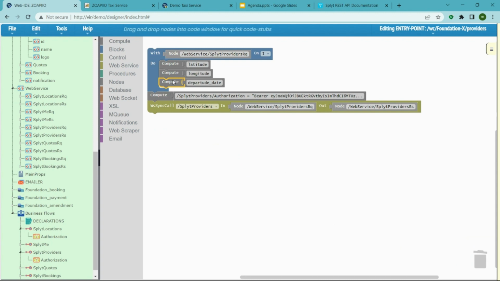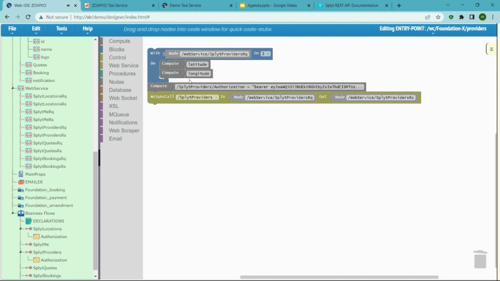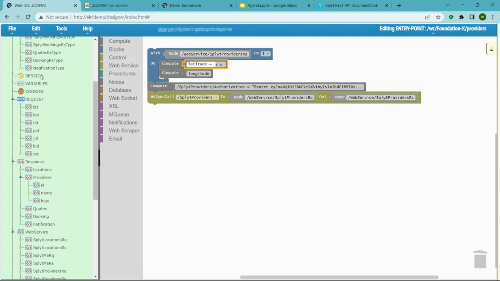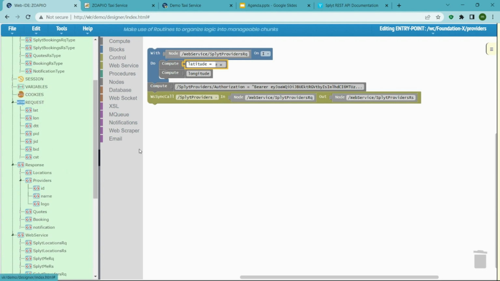I think there's a typo. That's okay. Delete. Now here we need to provide a value to the latitude, and this value will be what we received as input in the request node. So we will say this value is same as slash request slash lat